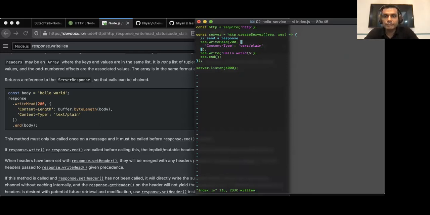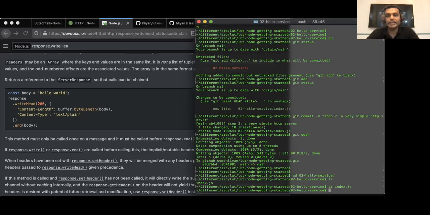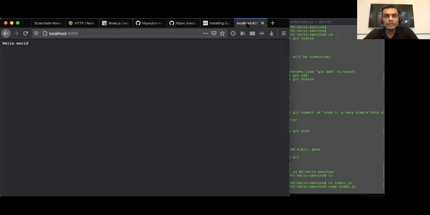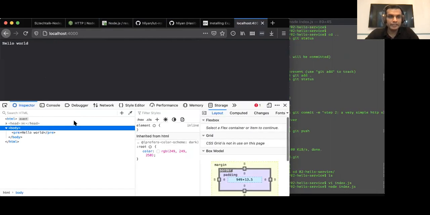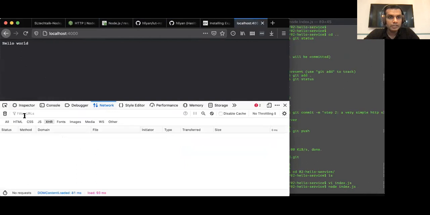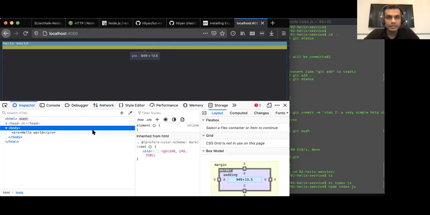Again, I'm going to do a once over to see if I have made any mistake. Response.writeHead, 200, right. Let's run this again. Node index.js. Now, obviously, if I do it here, you won't see it in the content area, but if I open the inspector, I should be able to see this. Network,